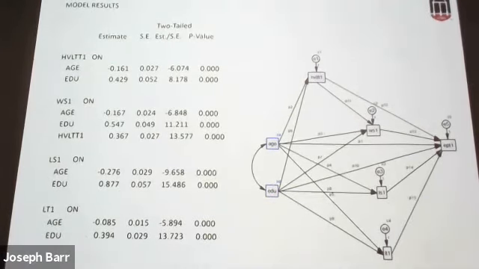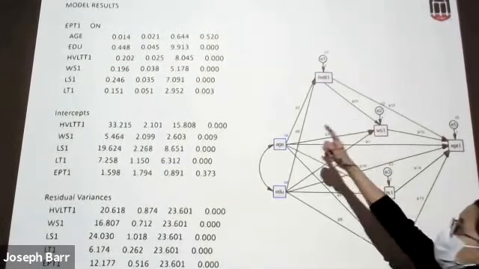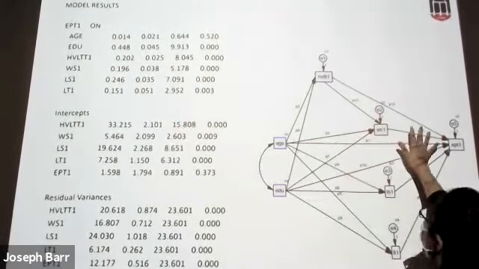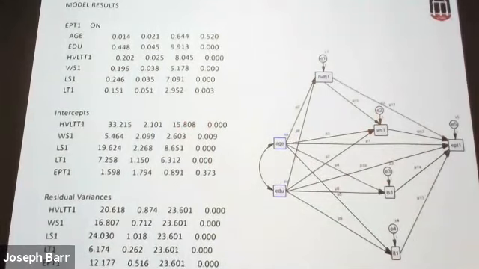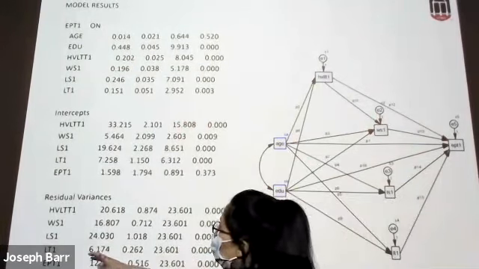And also we have EPT on those 6 variables. So we have these paths: estimate, standard error, and t-value. And of course, Mplus provided the mean part, the intercept part. And we have the residual variance of